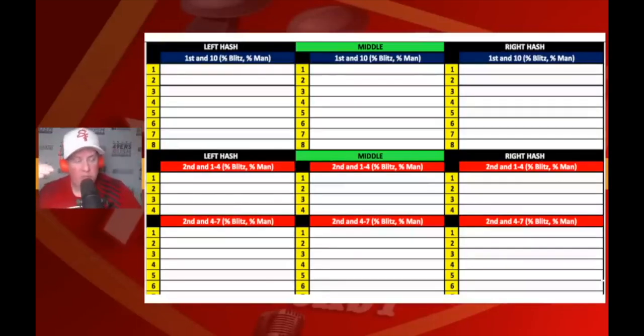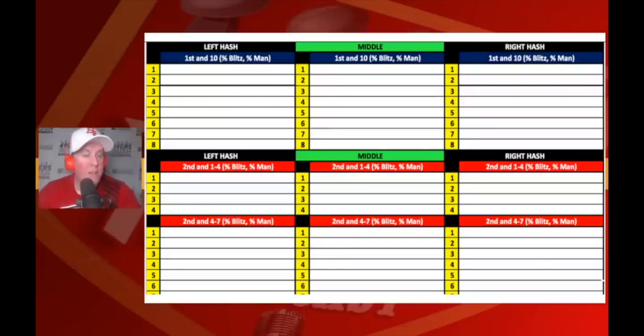So even though it's second and short and you're on play 2, you might skip your play 2 or just not go to it, and you'll jump down to, okay, I got a second and short left hash play that I really like this week because I know whenever we do this, they slant their defensive linemen to the boundary side and they rotate their safety over the top to the short side of the field. So lots of different things you can do that. Then if that converts, then you go back to your second scripted play. And then other things too.